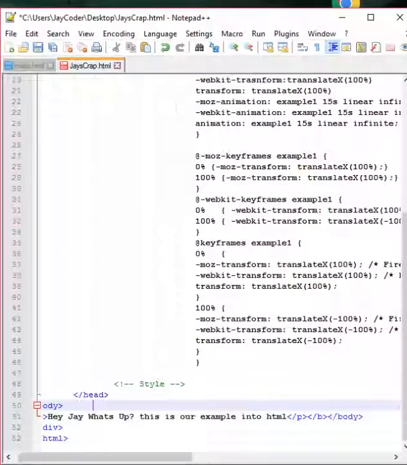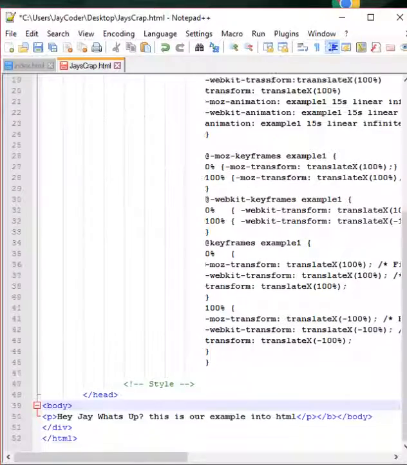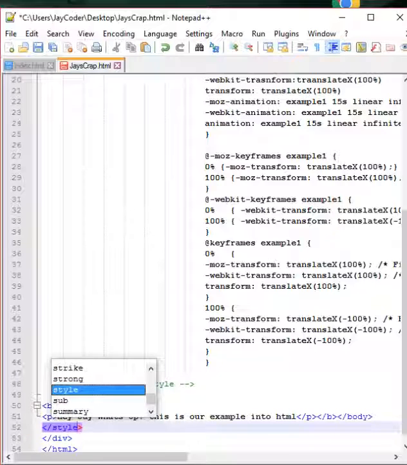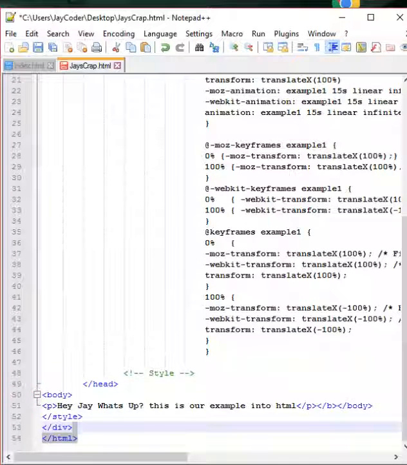There we go. And since we used the example style, we'll also have to close style. So let's close the style by doing /style. There you go, it's closed. And now we also want, in our div class, so we have div, but we don't